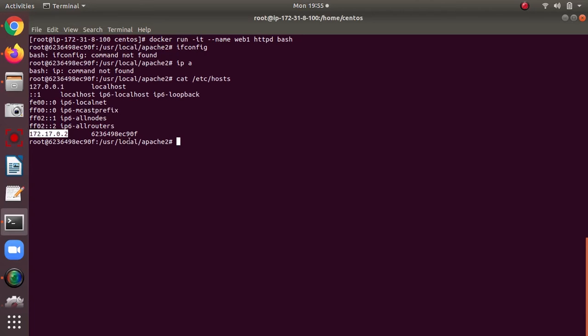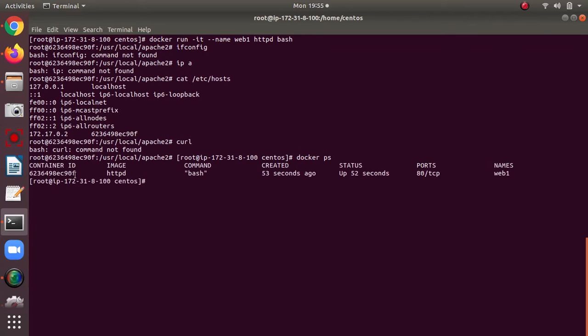Now remember this IP address, and we are going to curl it. The curl command is not found in the container, so press Ctrl+P Ctrl+Q so that the container is not stopped. See, it is in running state.